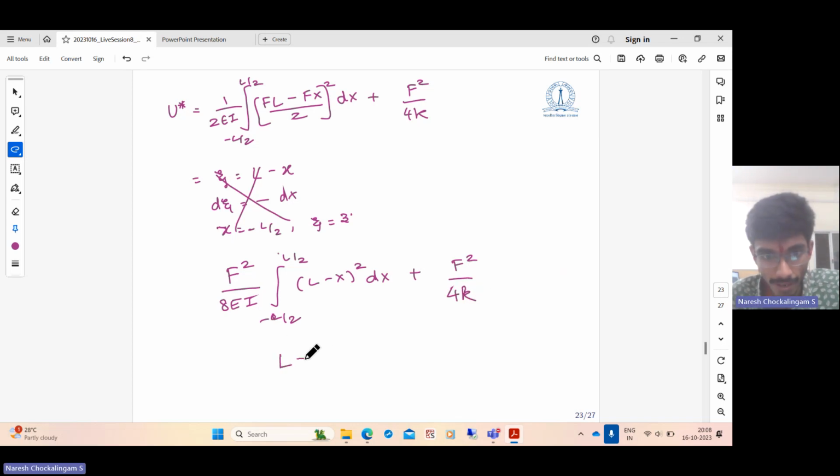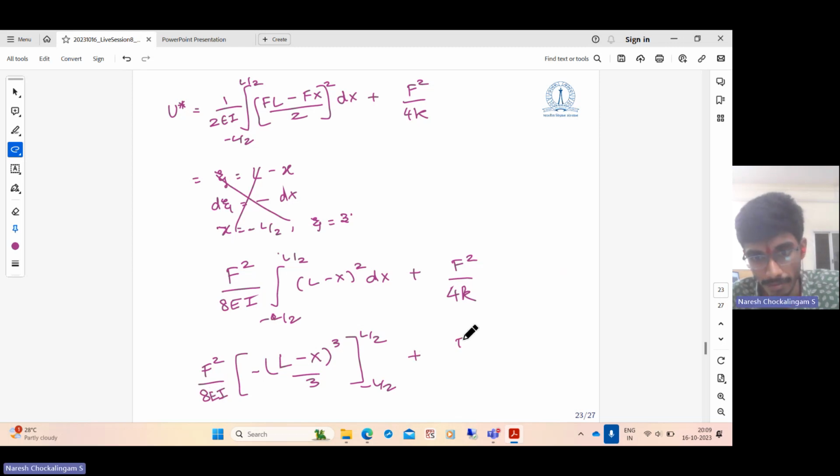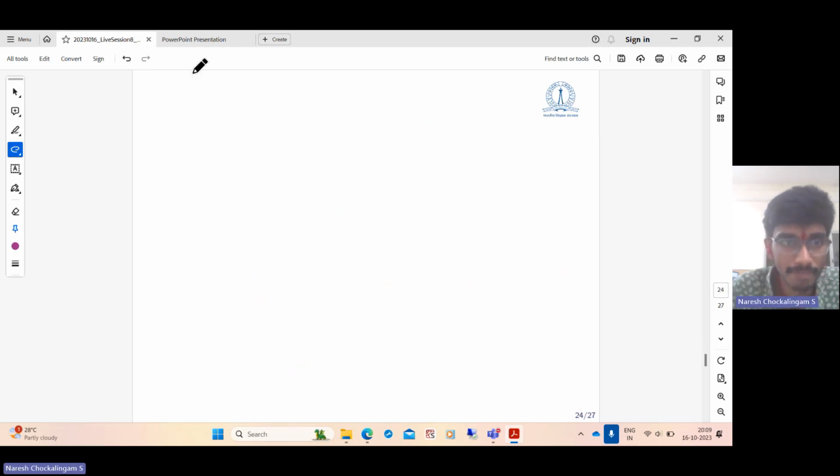So this is nothing but L minus x the whole cube by 3, from minus L by 2 to L by 2, x squared by 8 plus x squared by 4 cube. So when x equal to plus L by 2, we get L by 2, and when x equal to minus L by 2, we get 3L by 2. Therefore, the integral is